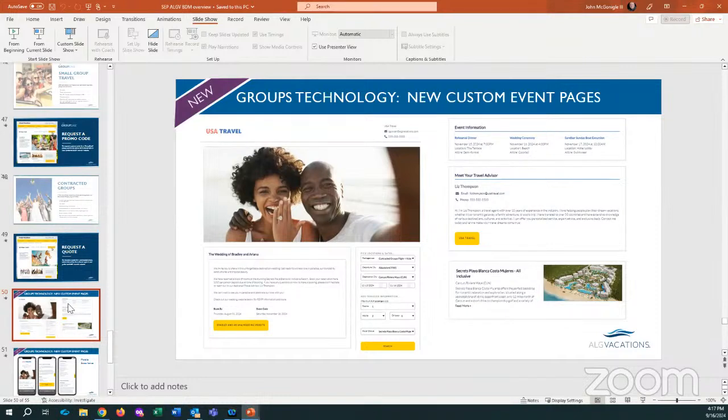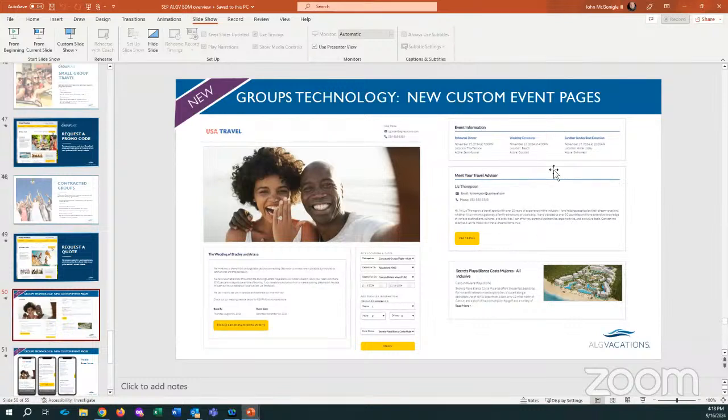And typically what has happened in the past is that a contracted group, you'd get 20, 25, 30 calls from the various different guests, which is great. But then all of a sudden you're kind of left scrambling of how to book all of this all together. We've taken that workload off of you. Your guests have the ability through this unique link that will state as Mommy and We Travels, courtesy of Apple Vacations. For the specific hotels, this one on your screen is the Secrets Playa Blanca, one of the newer properties, all inclusive. And it also tells some information about the events, dress code, whatever.